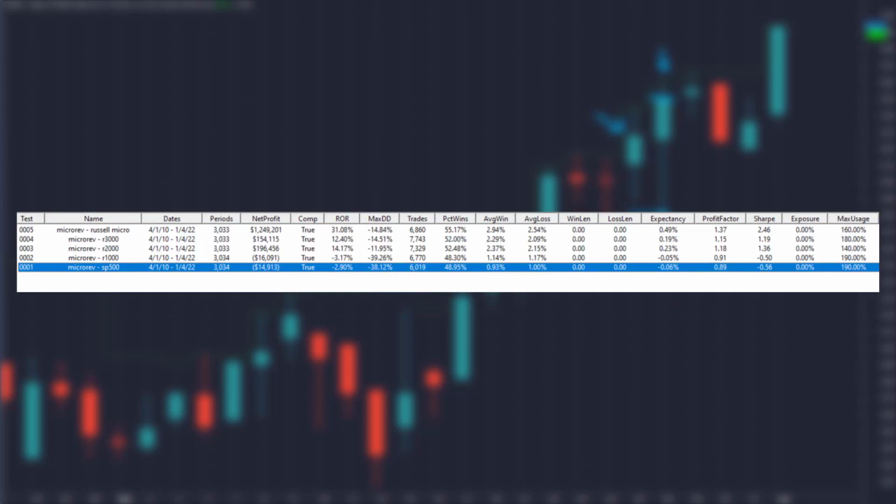So let's take the exact same strategy, not change any of its rules, and the only thing I'm going to change is the universe that I trade. So instead of picking just S&P 500 stocks, let's test it on Russell 1000, Russell 2000, Russell 3000, and finally on Russell micro-cap stocks. And the results belonging to all these different universes traded with this identical strategy are shown